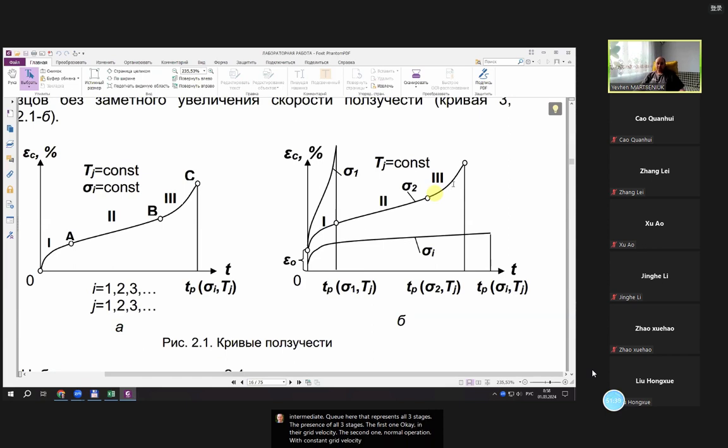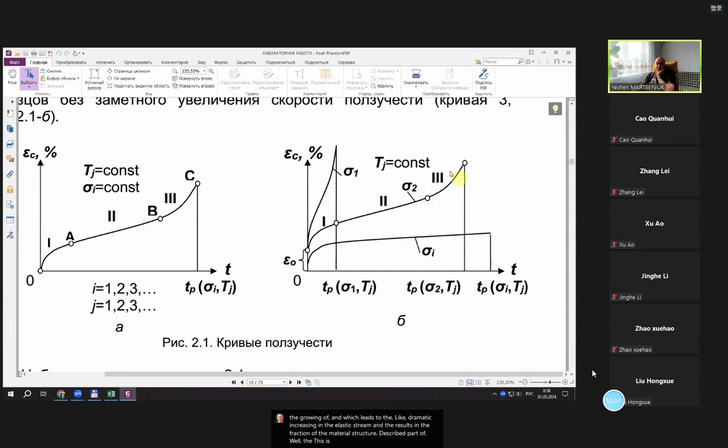And the third one is the growing of creep velocity, increasing creep velocity, which leads to the dramatic increasing in the elastic strain and results in the fracture of the material, fracture of the described component. Well,